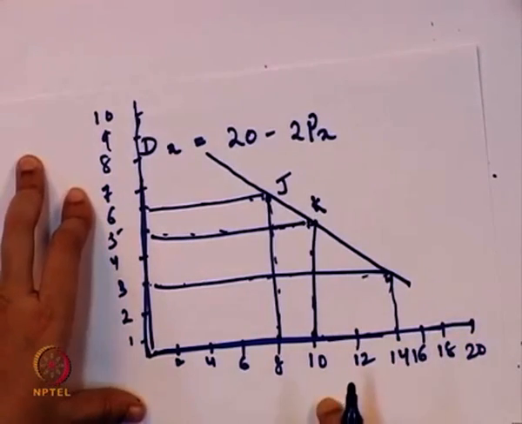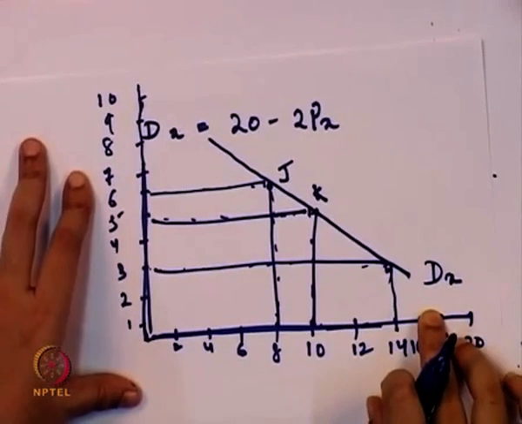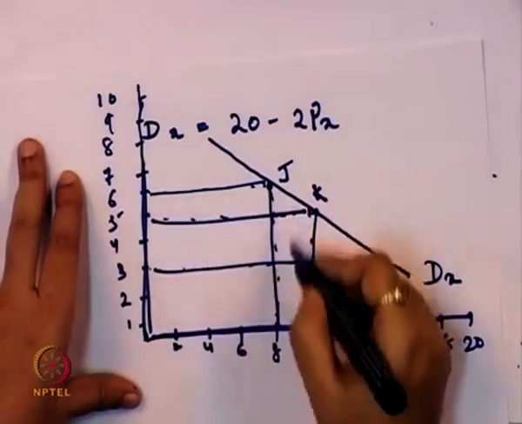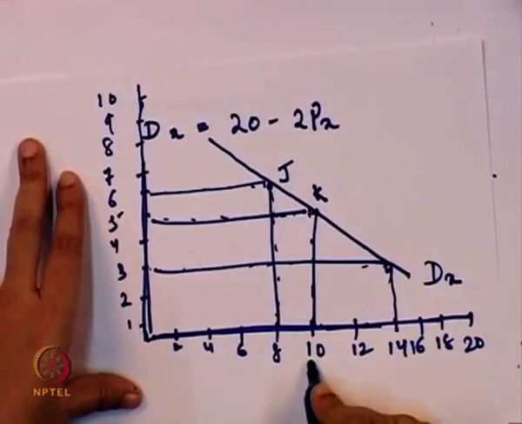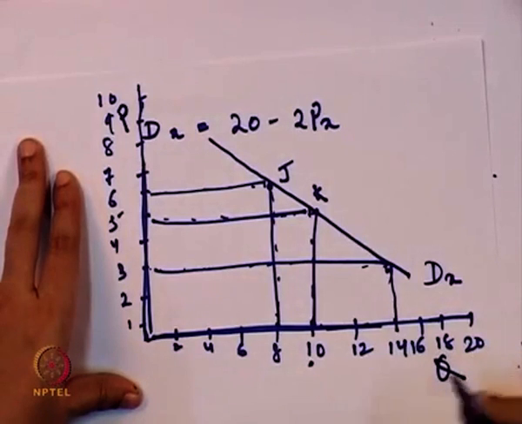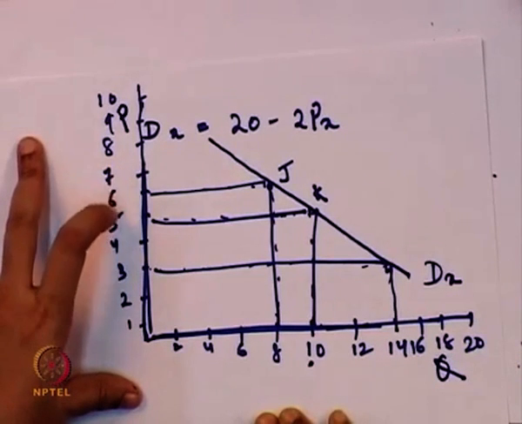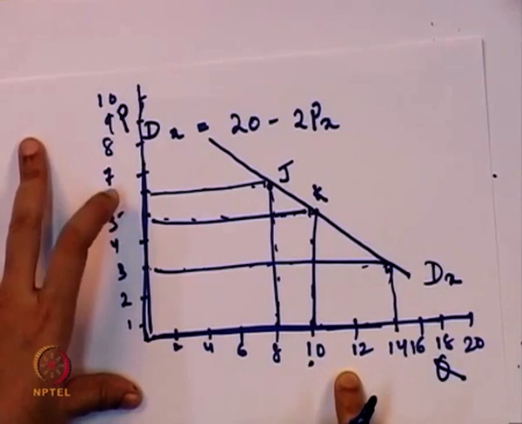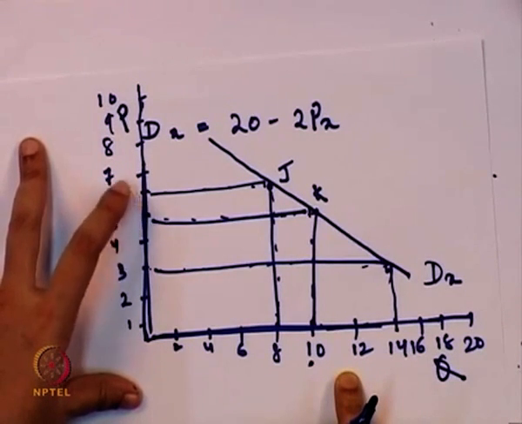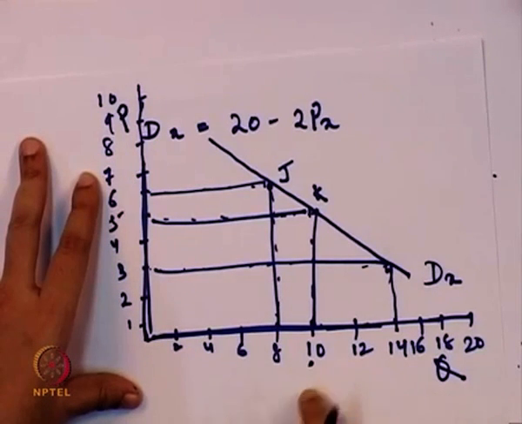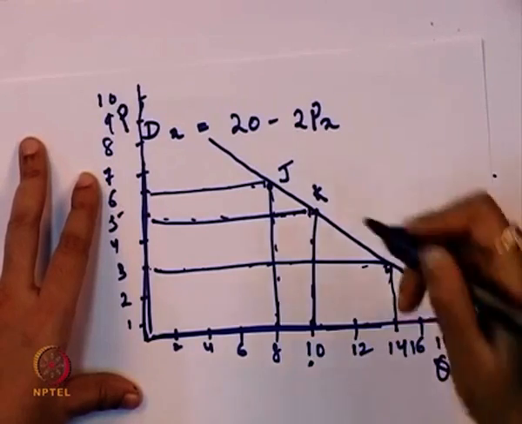Now, what is the demand curve showing over here? If it is demand for X, suppose, what is the demand curve showing? This is the change in the price of X and the consequent change in the quantity demanded of X. Price we are considering here, quantity we are considering here. So, the y axis is P and Q is represented on the x axis. This demand curve is essentially showing the relationship between the change in the quantity demanded due to change in